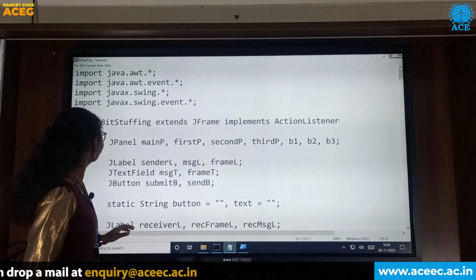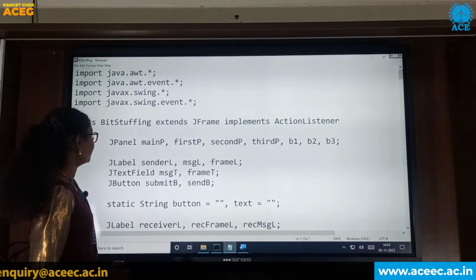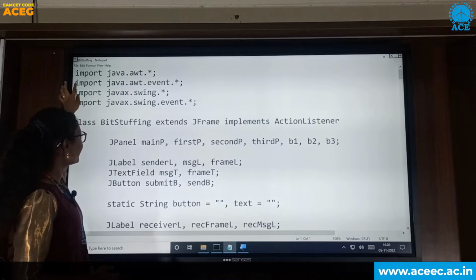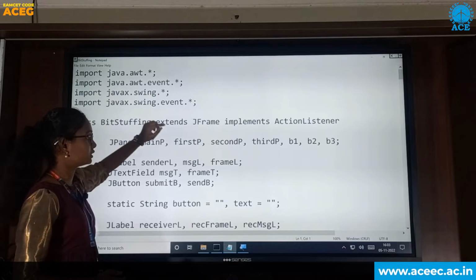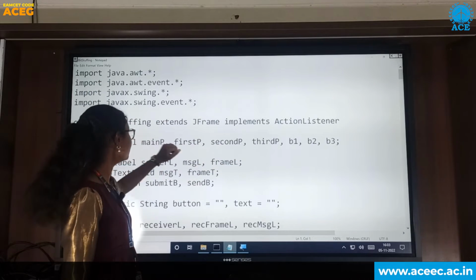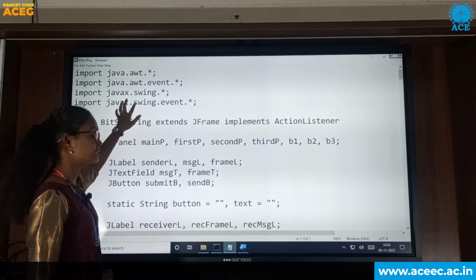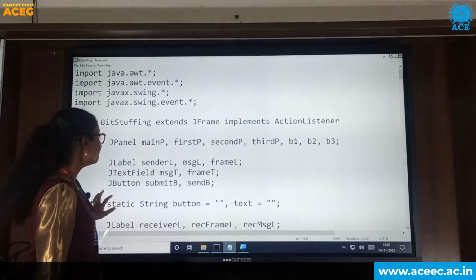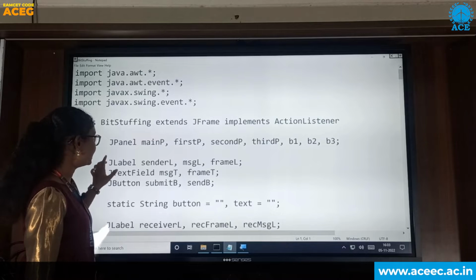So I have imported the required libraries, packages. I have imported the AWT package for implementing the action listener method, and I have imported the Swing packages in order to get the GUI frameworks. So let's get started with the class.